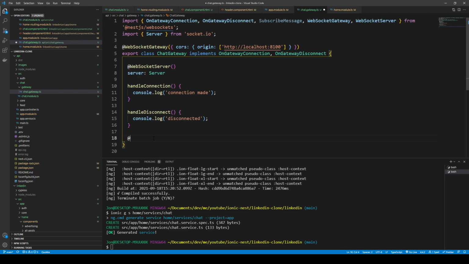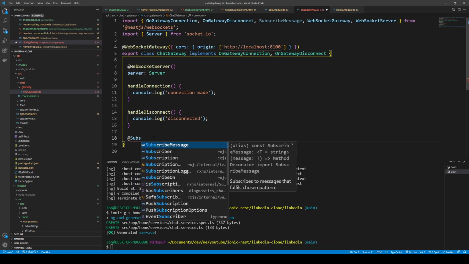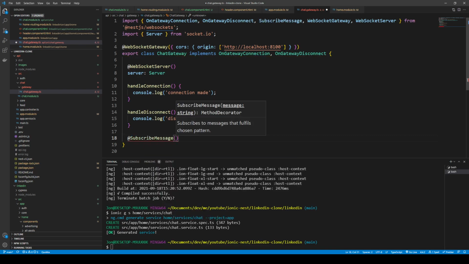But we'll also have this method where it can actually emit events from the server. So to do that, we need this special annotation, which is the subscribe message annotation, and we need to give it a name. So that means when we call it from the front end, it will reference this. It's very similar to an API call. WebSocket essentially just builds up on the HTTP protocol. So we can just go ahead and call this one send message, and the actual function we'll just call this handle message,